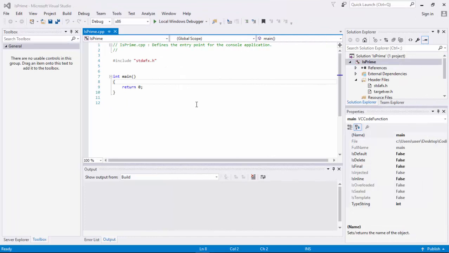Start the console application on Visual Studio 2015. This is what you get after the code is auto-generated. As we mentioned just now, in order to use command line argument, we need to use two built-in variables, which are argc and argv. Those two variables have to be declared first. Where do we declare? We declare inside main function as parameter to the main function. So the first one is argc, which is only an integer.